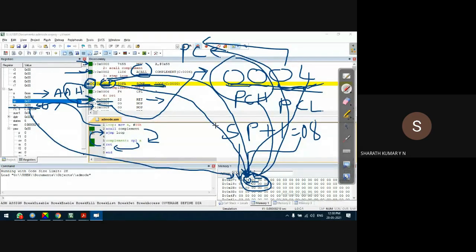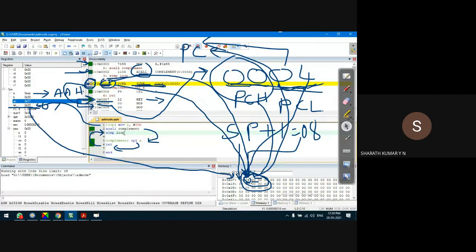Okay, that's all. That's very simple, just similar to a C program, a C function. In C functions also the same thing happens, no problem. Maybe in a C program we didn't study at the register level. In assembly programs we study at the register level. So when we continue this operation, since SJMP loop is an unconditional jump instruction, this operation continuously repeats. The content of A will be complemented each time a call instruction is executed. So this is an infinite loop, just like a while loop.